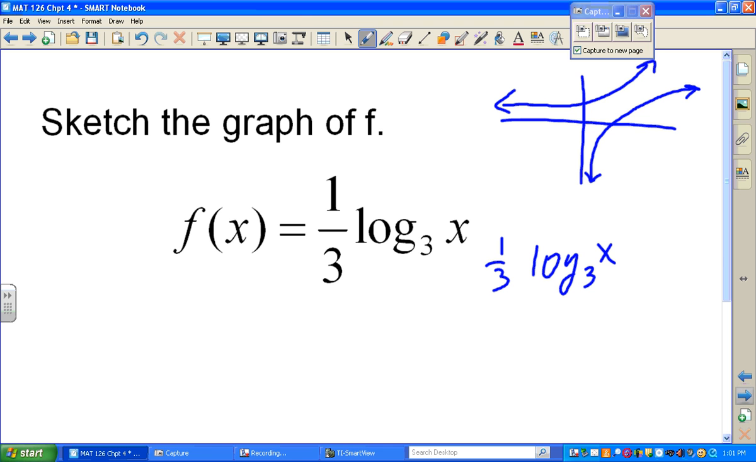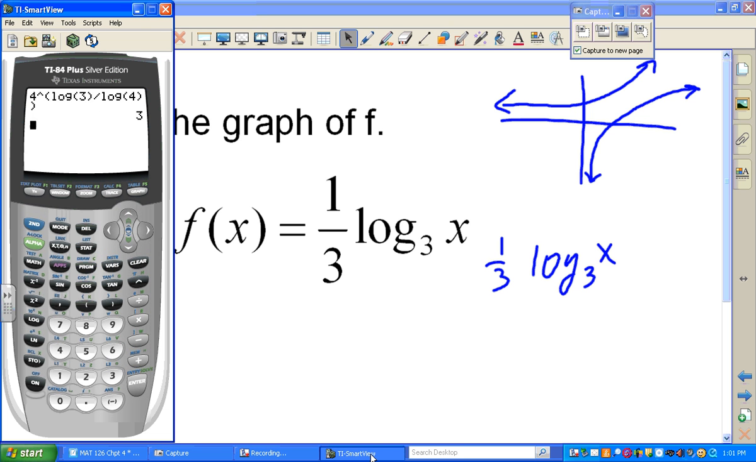1/3. What's the 1/3 going to do? It's going to affect the y. Is it going to vertically stretch it or compress it? It should compress it, I would think. And as we know, we talked about how to graph those things on the calculator. So I'm just going to put in